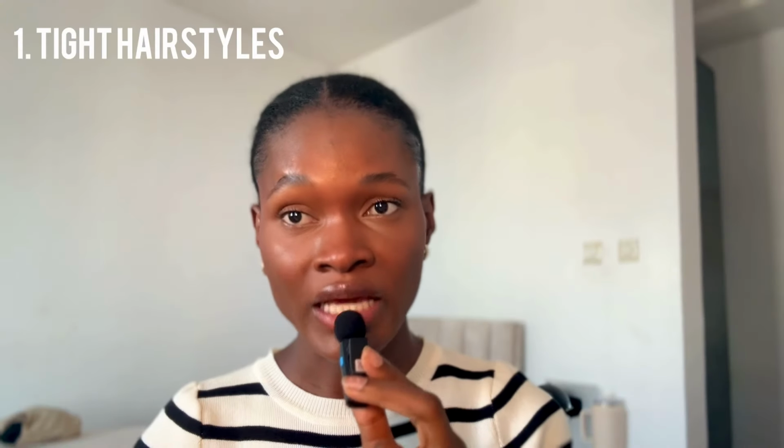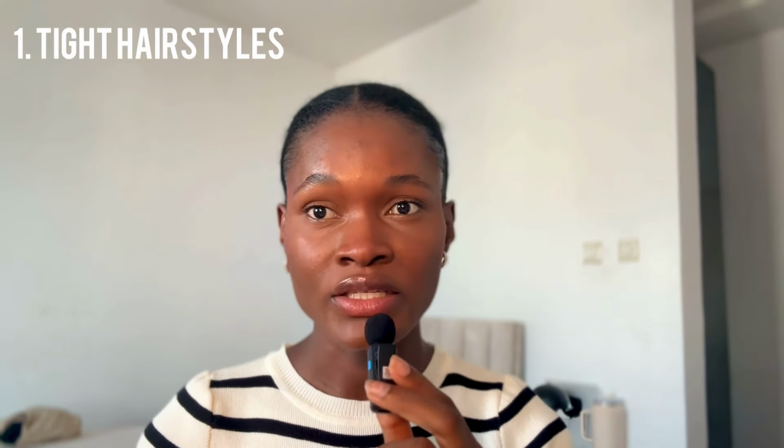Number one is tight hairstyles. One of the biggest causes of thinning edges is tight hairstyles. Hairstyles that pull and tug hard on your hairline, that cause excessive tension on the hairline. It all depends on the particular hairstyle, and sometimes on how that hairstyle is made. Hairstyles like tiny braids, excessively tight ponytails, wigs that are glued or sewn around the perimeter of your hairline, constantly